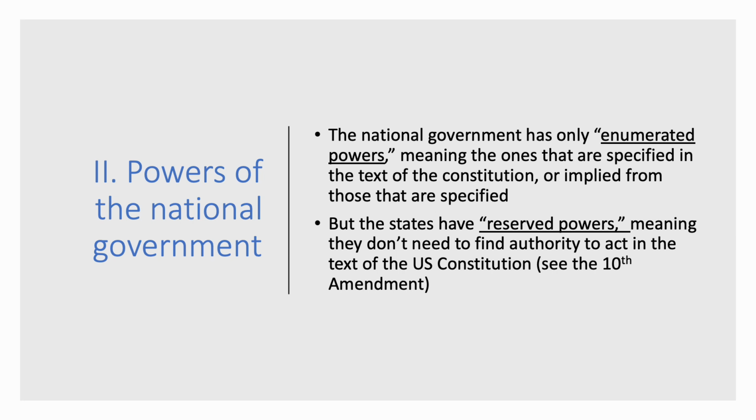So what I've done here now, I'm going to go through this. You'll need to read this on your own, but I'm going to go through and highlight. These are the key terms. What I have highlighted here in the text, the 4,000-plus words of the Constitution, are the key terms. So first, on the powers: the national government has only enumerated powers. These are things you'll probably be tested on, meaning that the federal government has to find its powers in the text of the Constitution or by implication from the text of the Constitution.